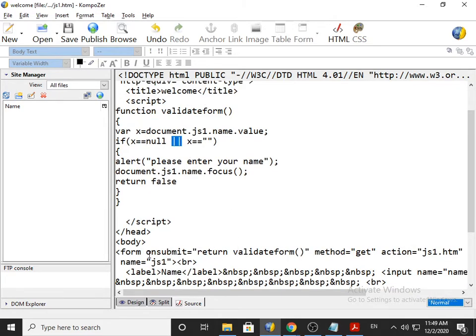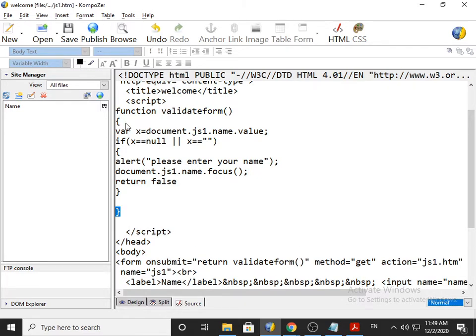In our script we mention onsubmit, which means when somebody clicks on the submit button, go to function validateForm. This is function validateForm. So we are saying go to function validateForm, and after the process of these curly brackets is over, return.